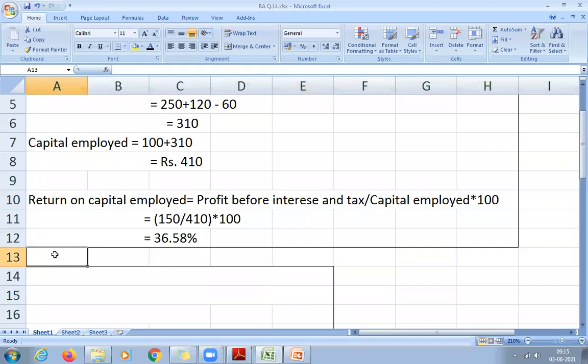So is 36.58 a good number or is it not satisfactory? Good, sir. It is good. 36% is very good actually, right? If you invest in a bank deposit, how much will you get? Only 6 or 6.5% maximum. Somebody said 10%. For senior citizens it's 8 to 10%. No, those days are gone long back. Now it is not more than 8%, including senior citizens.